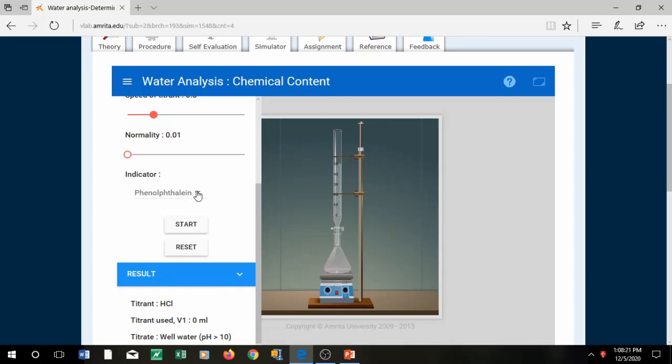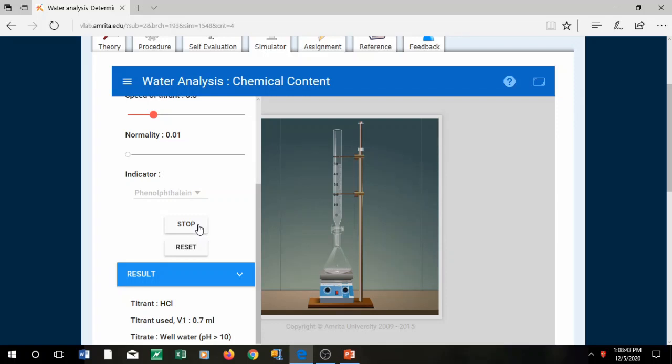Now let's start. The indicator right now is phenolphthalein. You have to use a double indicator. So as soon as you get a color change, you can put a stop here. So you just have to watch how it happens, and then you have to click stop here.